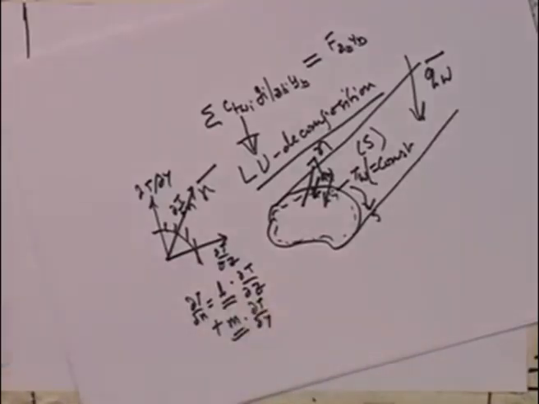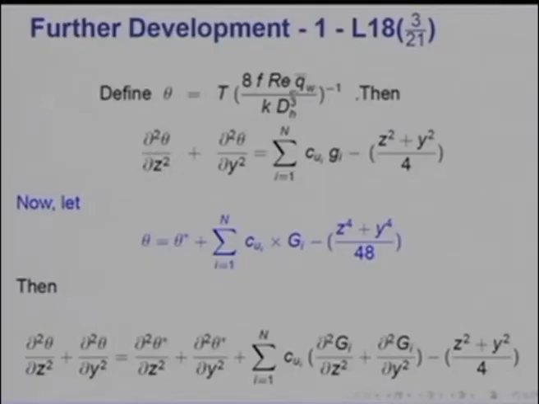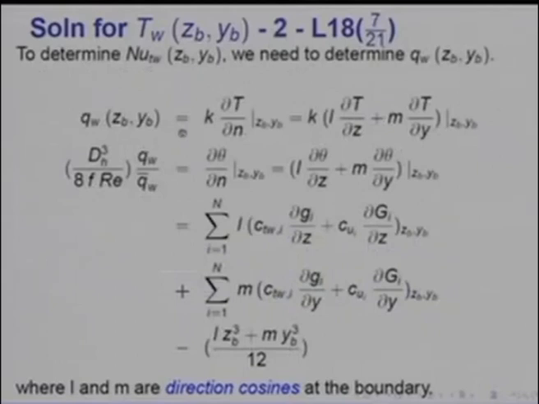All right. So, that is what we do here. You will see substituting those things here on the right hand side, and therefore, if I now switch to theta through this transformation q wall bar, then I will get dh cube divided by 8 f r e divided by q wall bar. Remember, I had defined theta; that was the definition of theta, and that same thing I have substituted here to get dh cube 8 f r e q wall divided by q wall bar equal to d theta by dn equal to L d theta